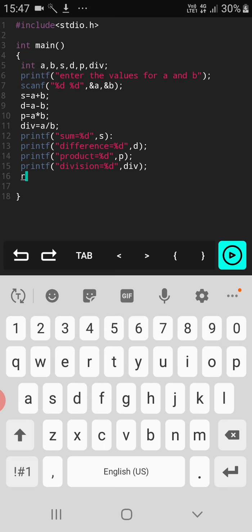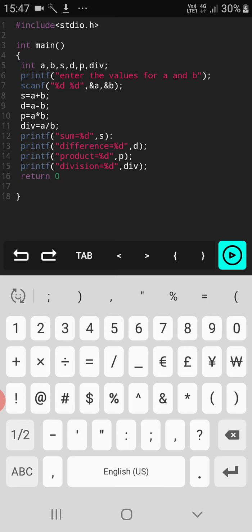And we end this with return 0, since we have defined the main function as int main.